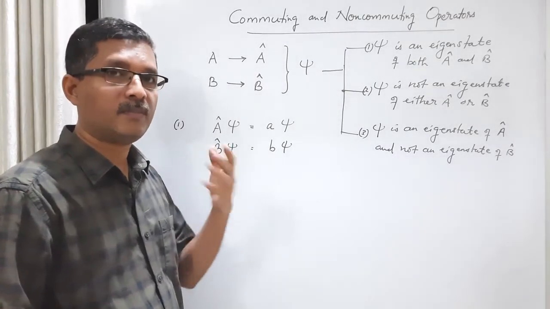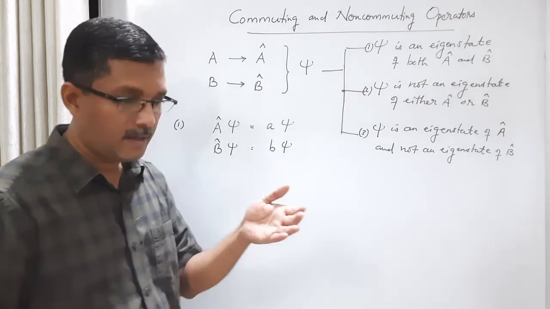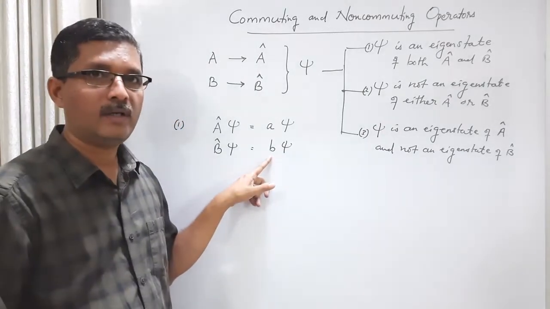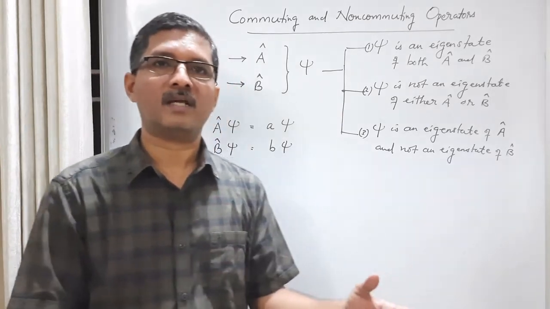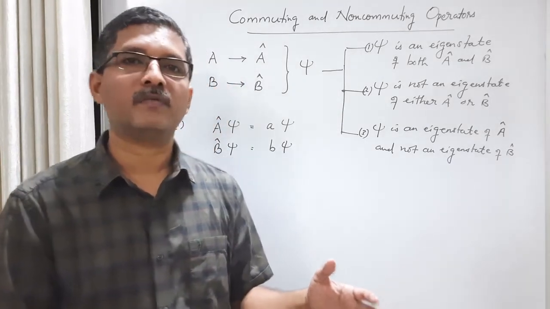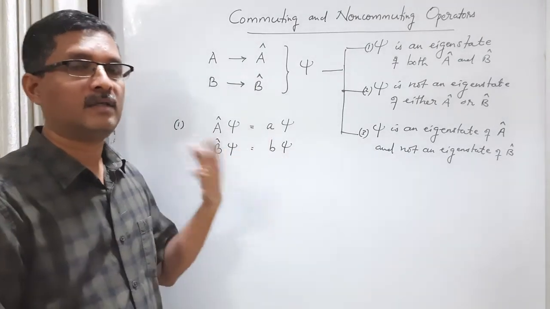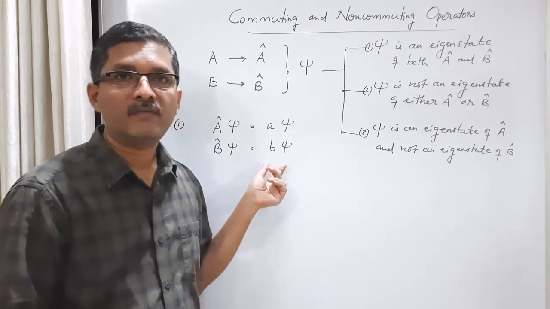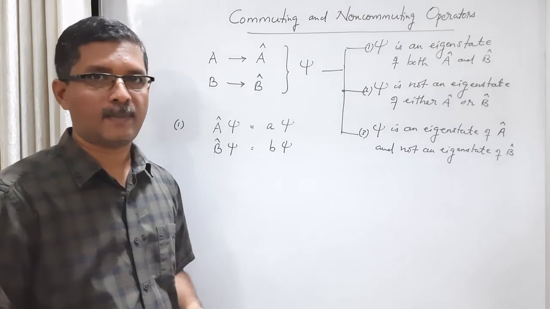So physically, what happens when we measure the physical quantity B? Every trial yields the same eigenvalue b. So in 10 trials, that means in 10 members of the ensemble, we measure A and we get the same eigenvalue a. In the other 10 members of the ensemble we measure B, we get the same eigenvalue b. We say that both A and B are sharp in the state psi.